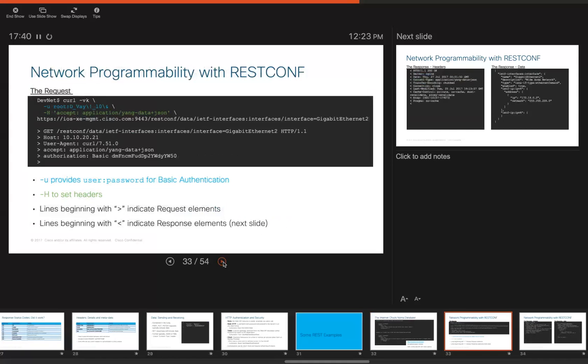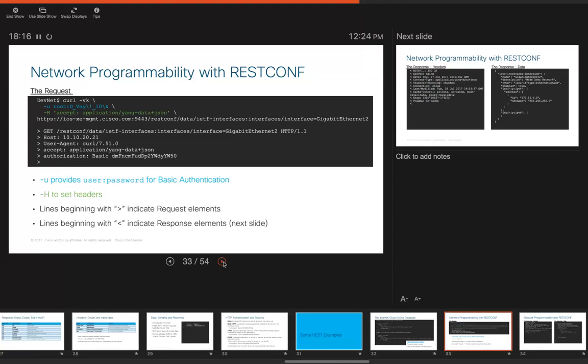But I do want to also point out, as far as network programmability goes, RESTCONF is a standard that was ratified in 2017, and you'll start to see it more and more on Cisco's hardware and software platforms, the IOS XE platform as well. I believe in 2 sessions from now, we'll get more into the under the hood on RESTCONF. I just wanted to point out that you can see on that blue line as we run through this curl, the backslash breaks it up into a couple of lines to make it easier to read.